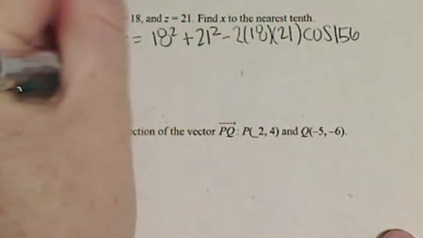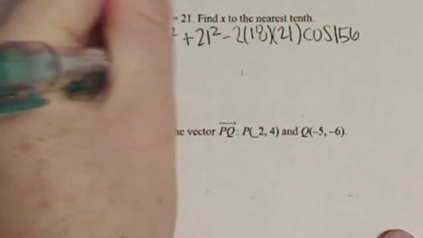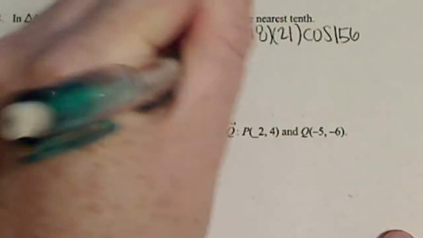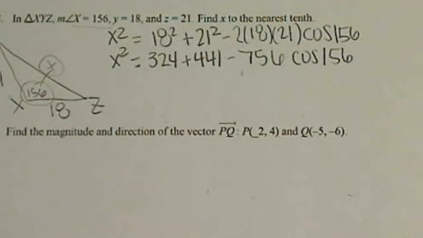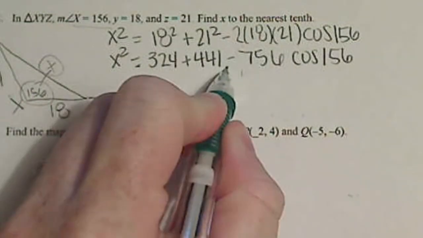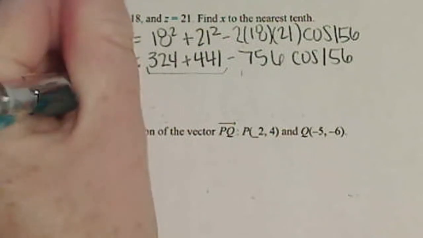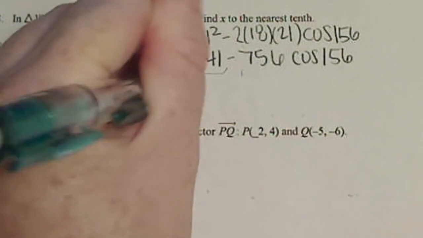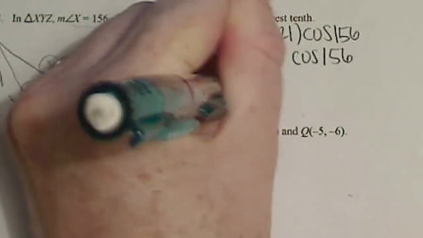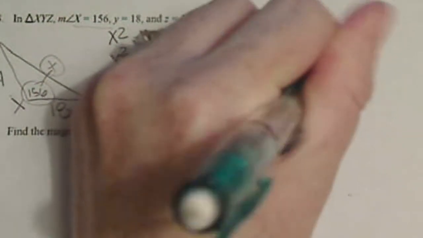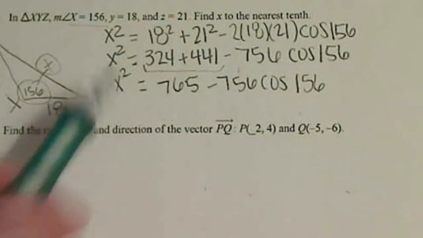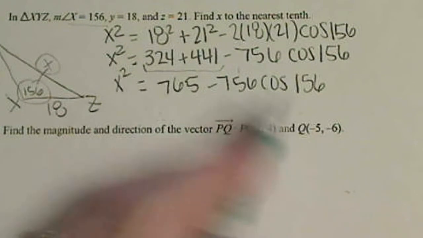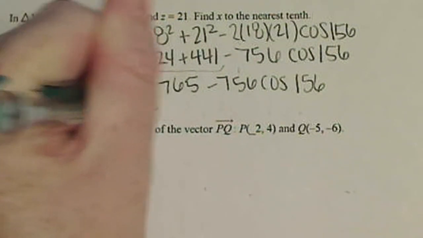Let's simplify all of our squareds. 324, 441, and 756. Okay, let's combine our first two. We can add those and get 765. And go ahead in your calculator, enter that whole thing in. So you'll get X squared is about